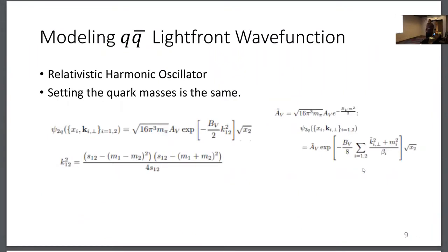Relativistic. So for the quark, anti-quark light front wave function, we assume a relativistic harmonic oscillator. Here we just set the quark masses equal to each other. So here we see some kind of Gaussian for the wave function. This is a general expression, I think. And the K squared is just the momentum squared between the 2 quarks, the center of momentum squared with the Mandelstam S. And here, when we plug this in,